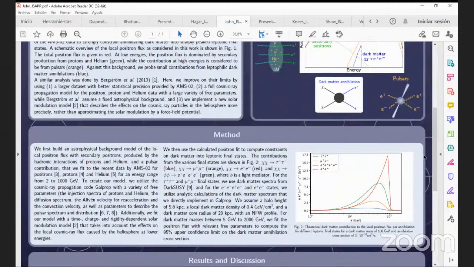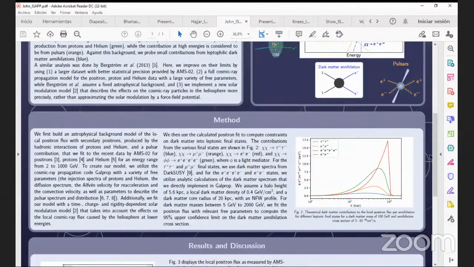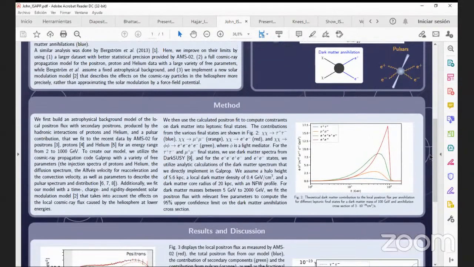And we look at this plot here to the right. So this plot shows the dark matter contribution in the local positron flux for one dark matter annihilation at a dark matter mass of 100 GeV, and for an annihilation cross-section of 3 × 10⁻²⁶ centimeter cubed per second for different leptonic final states. So the 4 different contributions we consider are from dark matter annihilating into tau plus tau-,